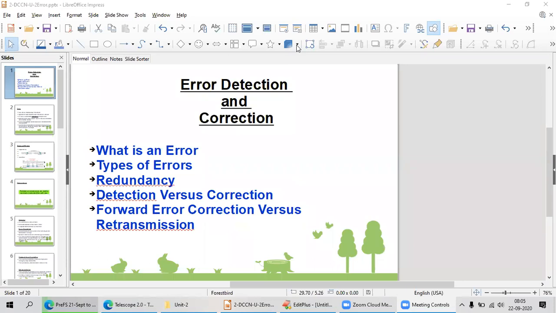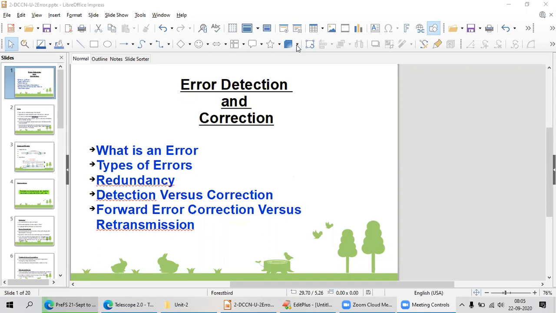From now onwards, we are going to learn, if data is modified, how to detect and correct it. You have lots of protocols in the data link layer for error correction, error detection, and flow control, and media access control also. Physical addressing also has some protocols. Yesterday we saw the framing techniques.